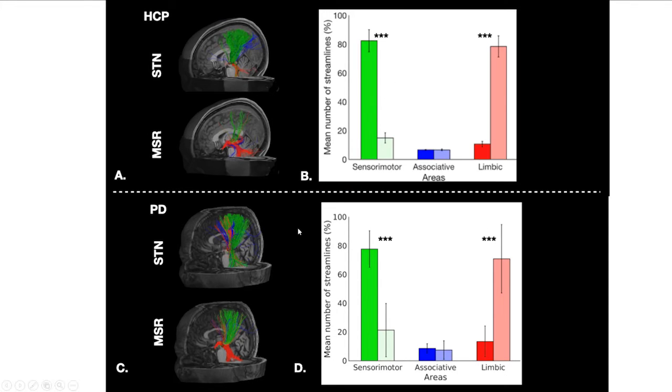Here are the first results. These are the streamlines of STN and MSR. The green streamlines are coming from sensorimotor cortex, blue streamlines are coming from associative cortex, and red streamlines are coming from limbic cortex. We are able to see differences between these two structures at the individual level, and here